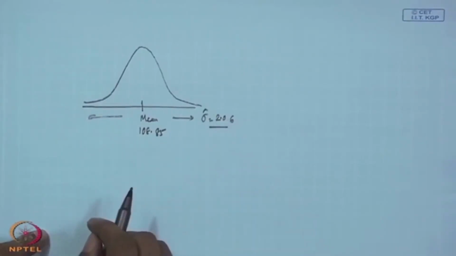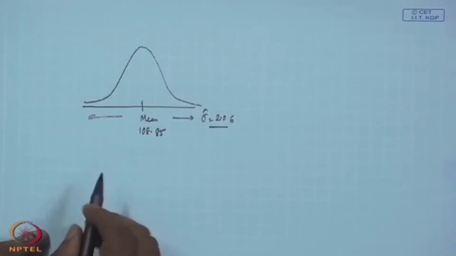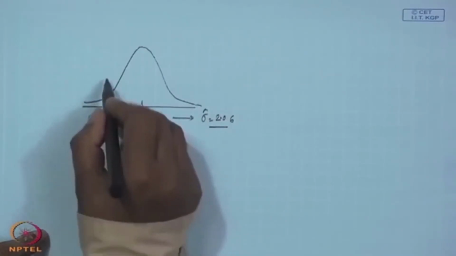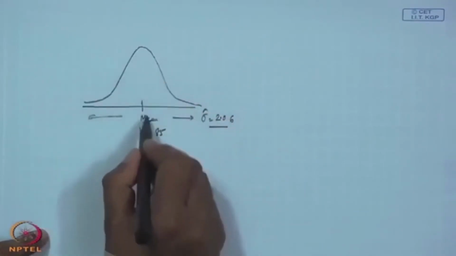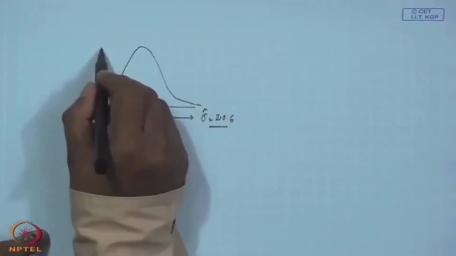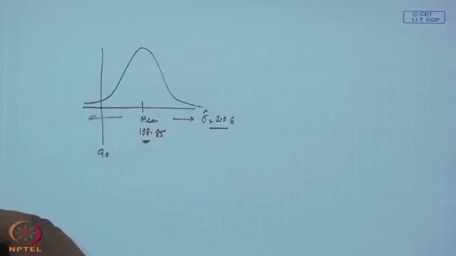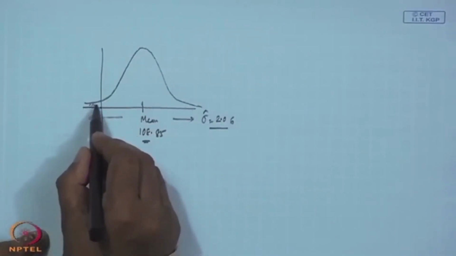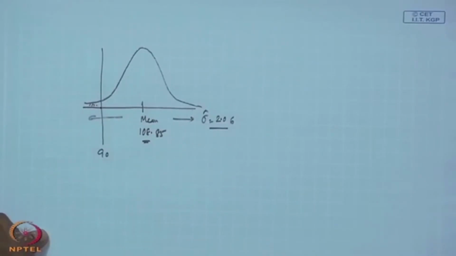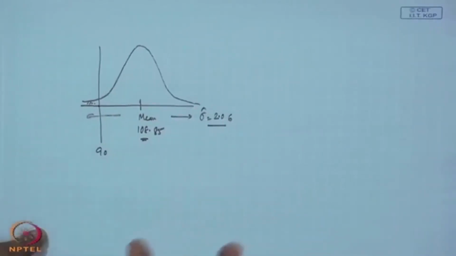2.06. Now, what is the specification given for hardness? That it should be greater than 90. Okay, if it is 100, 90 will be somewhere here. 90 will be somewhere here. Now, we have to see what this percentage coming here is. So, this is the first level of work you have to do, before fitting into the